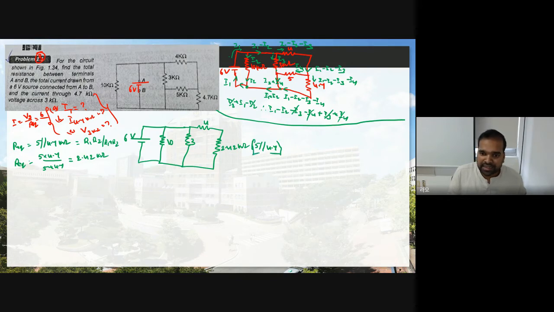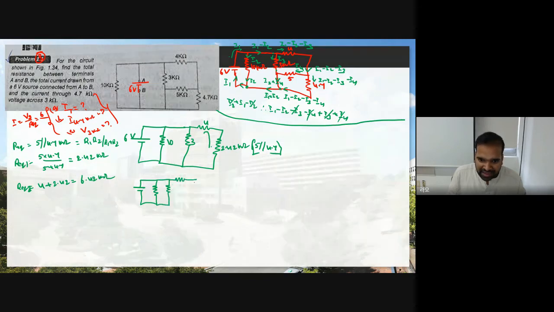Now see, once again, this 4 and 2.42 are connected in what? In series. Therefore, once again, this R equivalent equals 4 plus 2.42 kilo ohm. Therefore, 6.42 kilo ohm. Okay. Now I'm always using R equivalent. This is R equivalent 1 and R equivalent 2. Let us assume like that. Now instead of these two resistors, can I replace one resistor with the value of 6.42? Yes. Now we have a 10 kilo ohm and 3 kilo ohm.